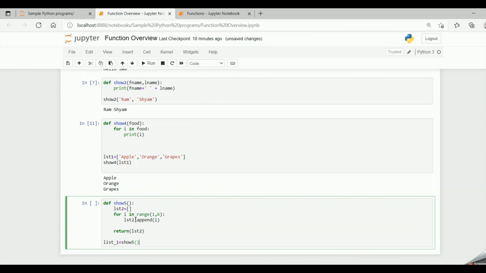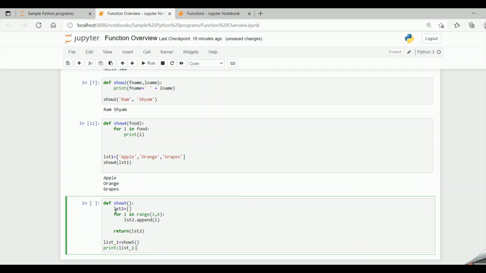I'm not passing any parameters. Now if I say print list_1, I have to get the list with 1, 2, 3, 4, 5, because range goes from 1 to n minus 1, that is 6 minus 1, that is 5, and it keeps appending to the list.